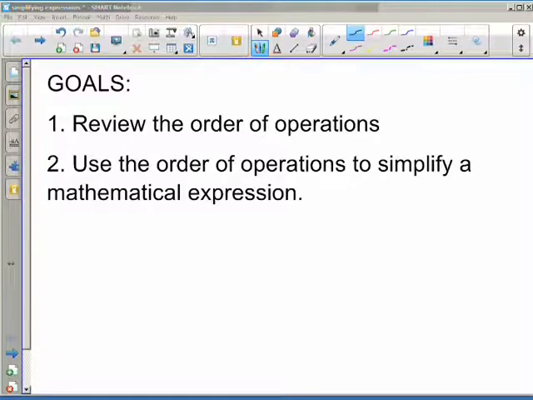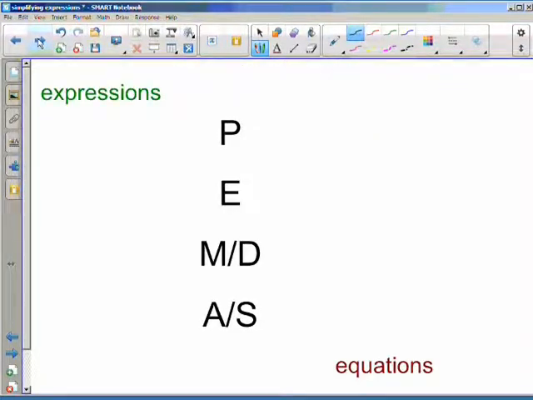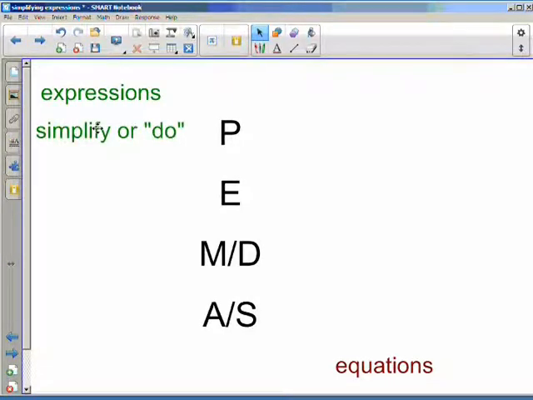Our goals in this lesson are to review the order of operations and then use that order of operations to simplify a mathematical expression. And you might remember the order of operations related to, maybe, please excuse my dear Aunt Sally, but it stands for parentheses, exponents, multiplication, division, and then finally addition and subtraction. And we take the expression, we are going to simplify or do the operations that are given, and ultimately we follow the order. We do parentheses first, and then we do exponents, and then we do multiplication, division, addition, subtraction,